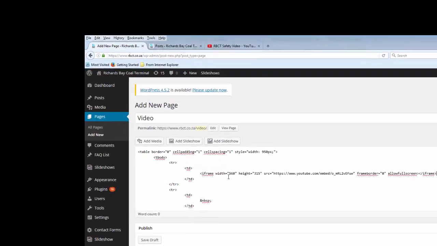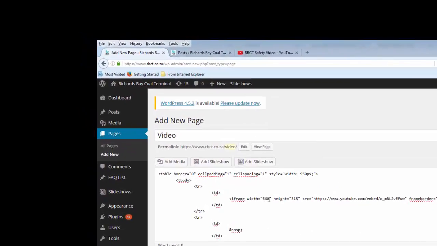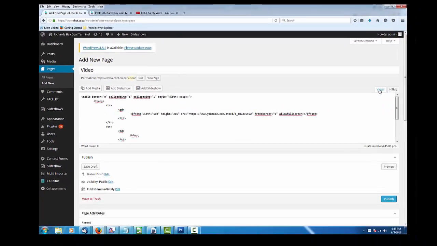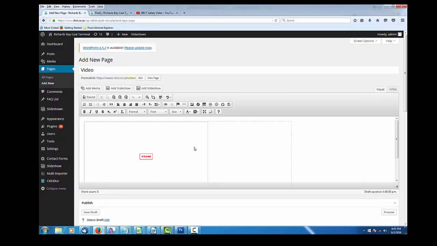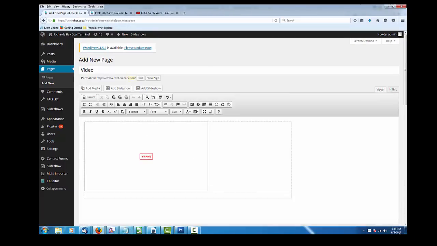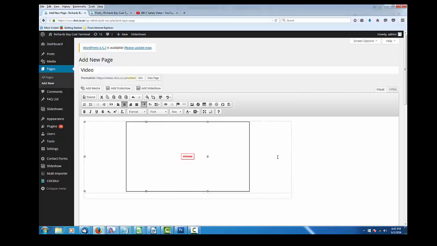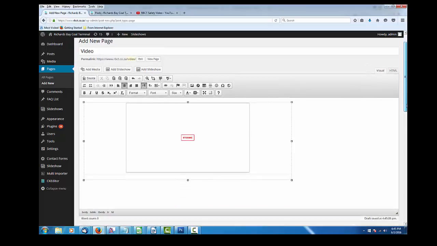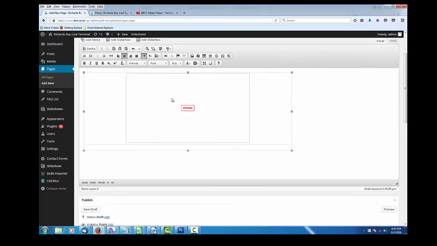And you can see here, this is going to generate a video where the width of the window is 560 pixels and the height is 315 pixels. So if we go back into visual now, we will see that that iframe is there. I've created a table for it, but we would possibly want that to be centralized, so we can click on the iframe, center it in that table,